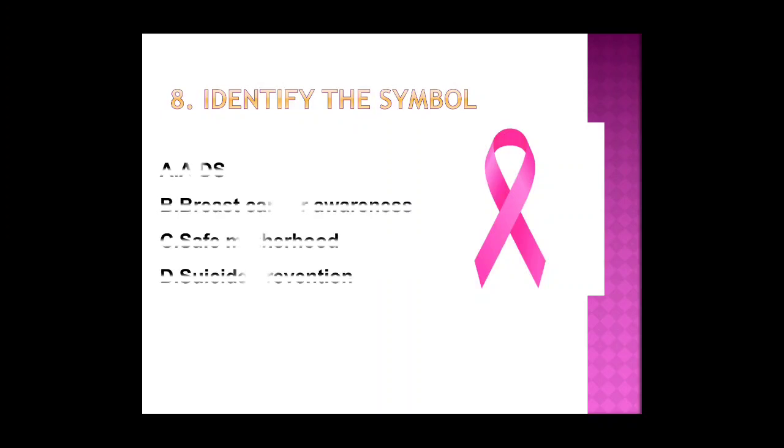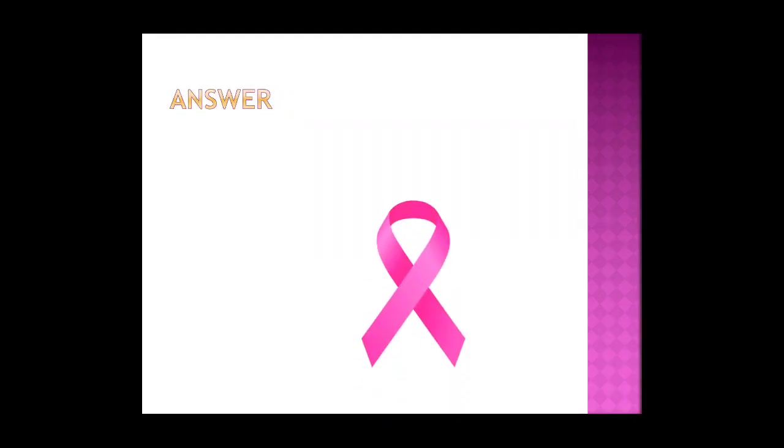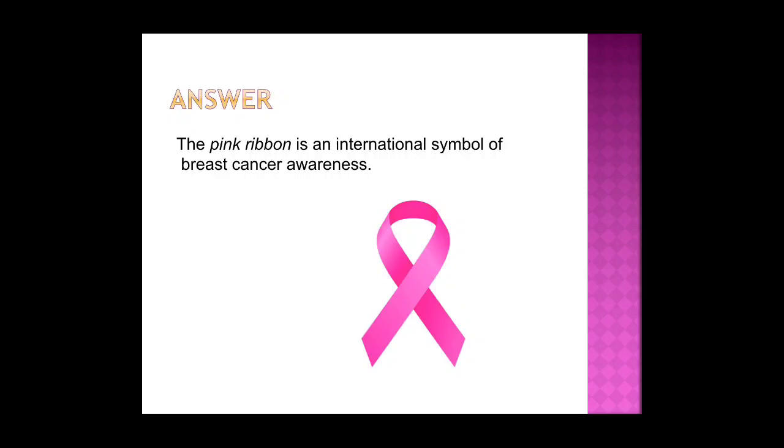Next question. Identify the symbol. Options: AIDS, breast cancer awareness, safe motherhood, suicide prevention. Answer: pink ribbon is an international symbol of breast cancer awareness, illustrating the cause, raising awareness and bringing together women in